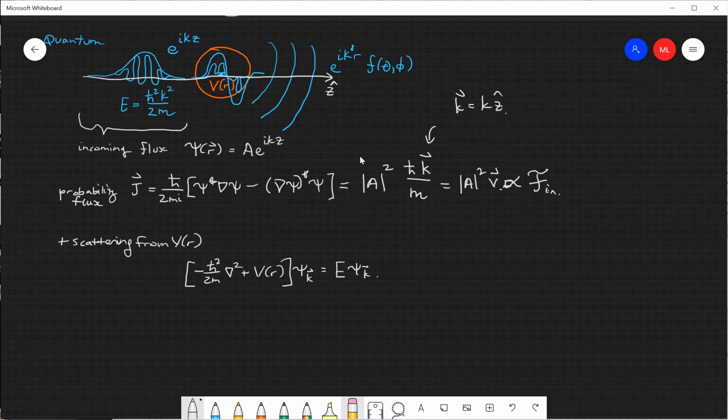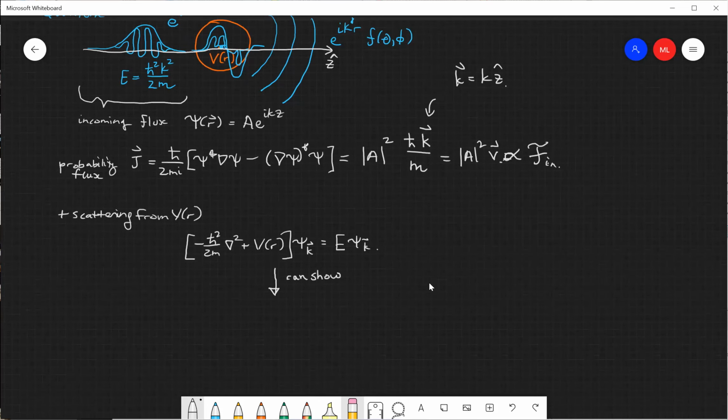So that's the idea, and we're going to try to look for solutions to this that are a combination of the incoming wave and the outgoing spherical wave, as I mentioned. You can show, and we'll do this later when we solve this equation more formally using a Green's function,